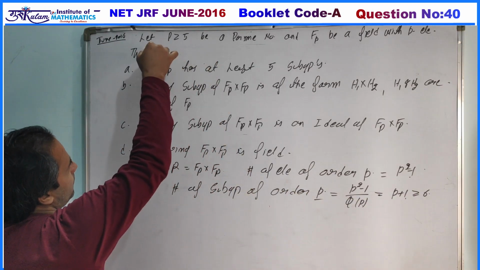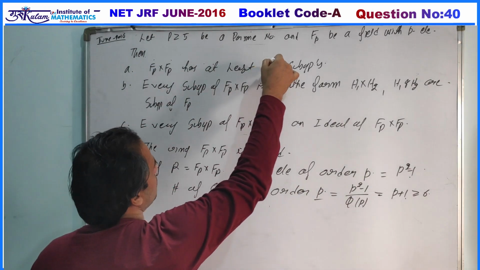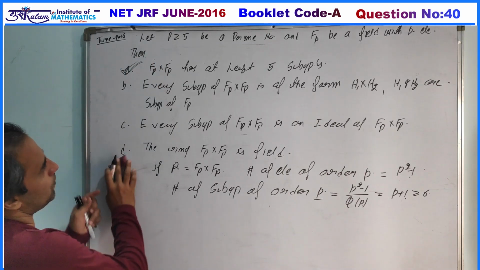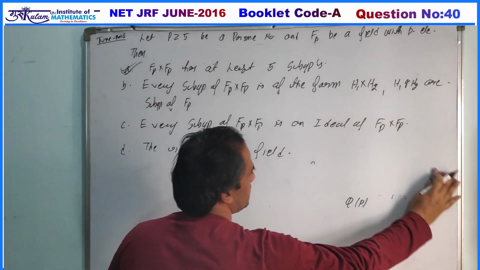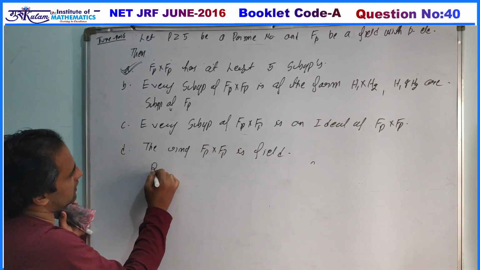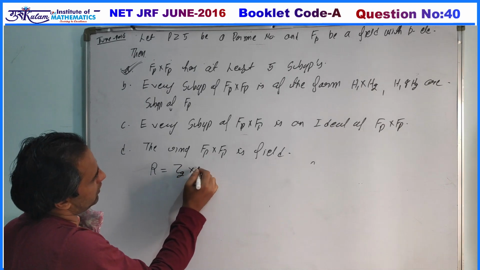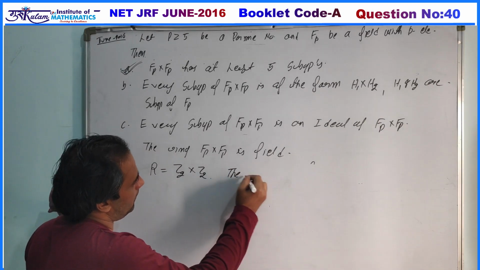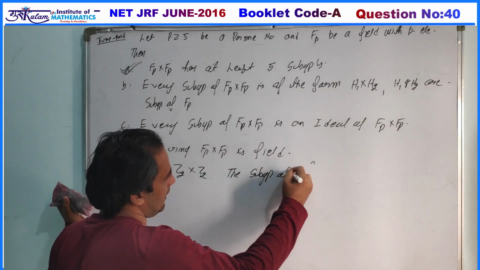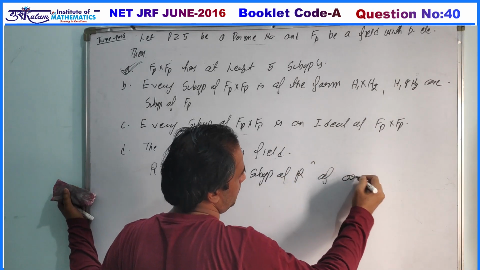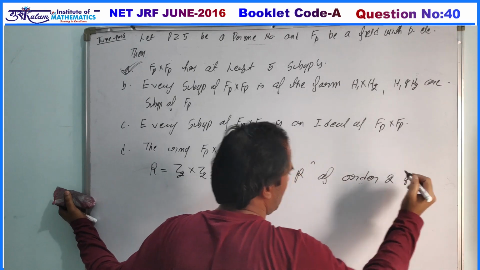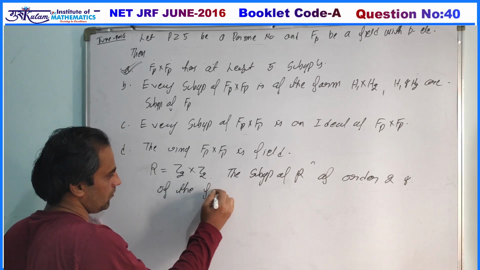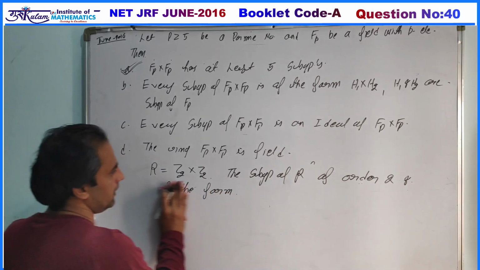So your first statement, Fp cross Fp has at least 5 subgroups, is definitely a true statement. Second one, every subgroup of Fp cross Fp is of the form H1 cross H2. If we consider the simple group Z2 cross Z2 under addition modulo 2, now the subgroups of R of order 2, of the form